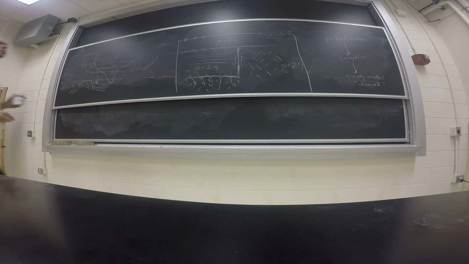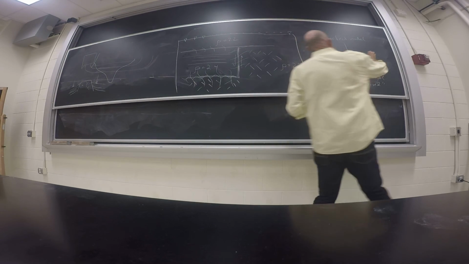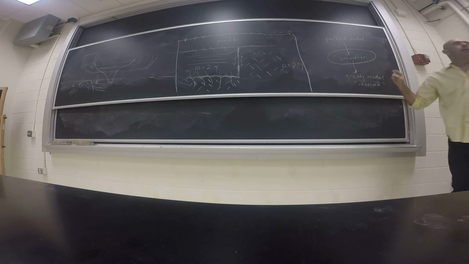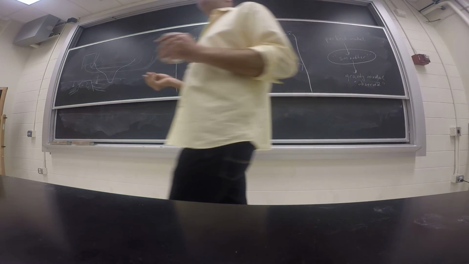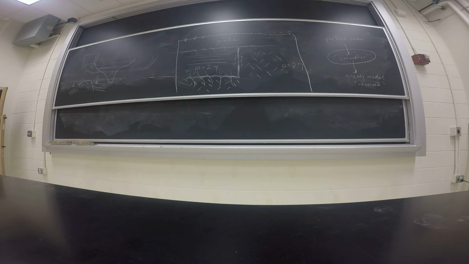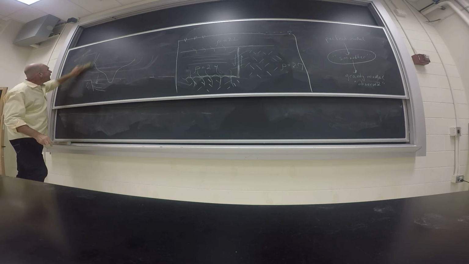So smoothing is a huge part of any geophysical technique, particularly gravity and magnetics, which are low resolution potential field methods. And we talked about what the smoother was before. Remember, the further we are away from a gravity anomaly, the more smoothing is going to happen. So what is smoothing? When I talk about smoothing, what am I talking about? The easiest way that I can think about that